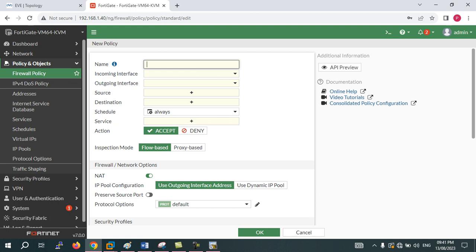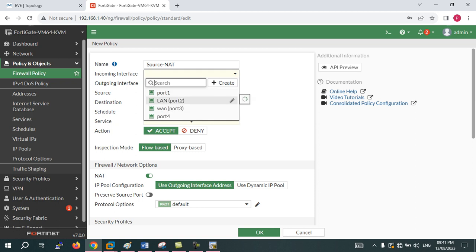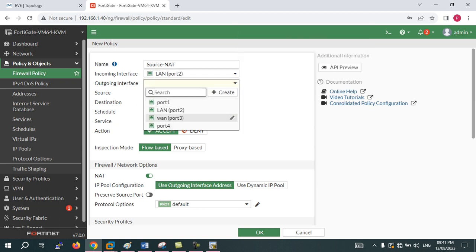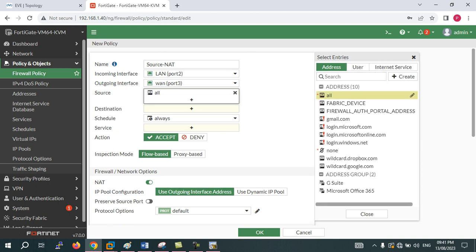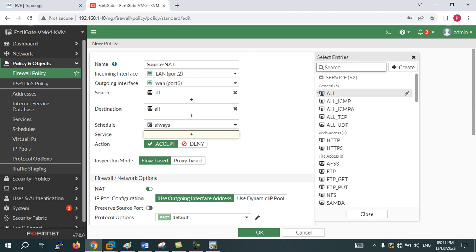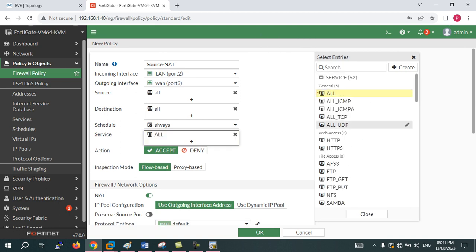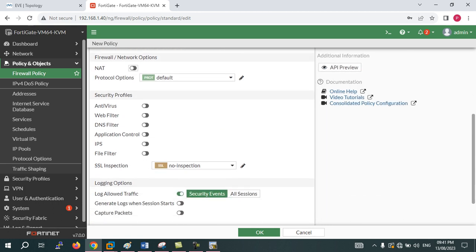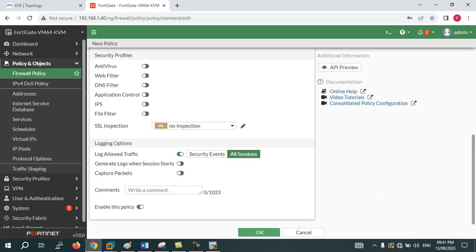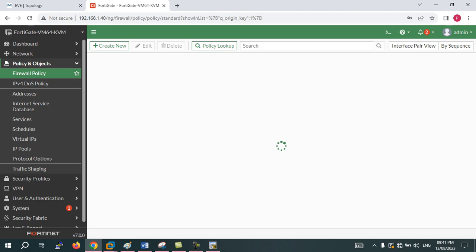We are doing the source NAT, so we create a policy for source NAT. Incoming interface is LAN 1, outside is WAN, source all, destination all. First of all, we'll do it without NAT, and I'll show you how it works without NAT. Okay,